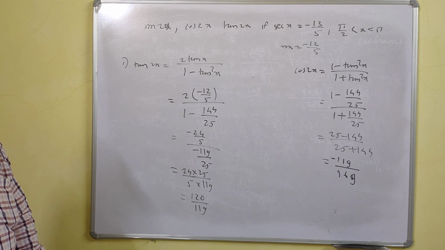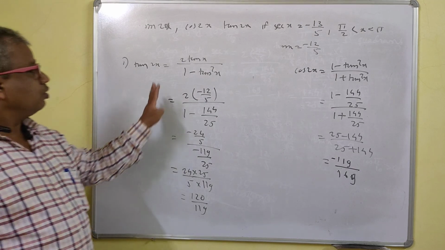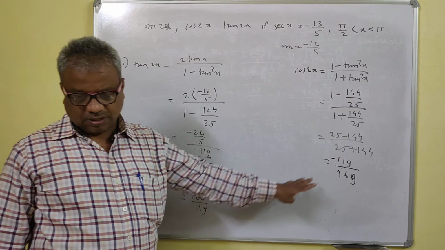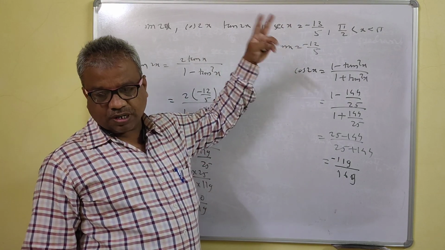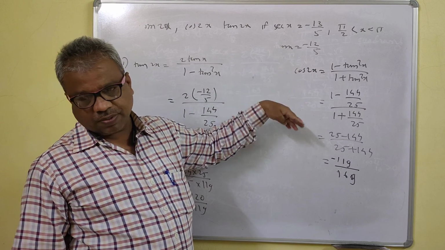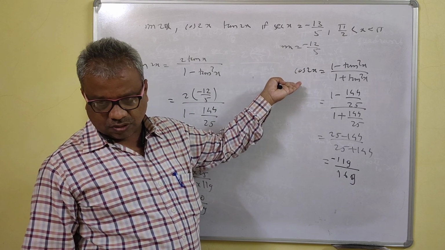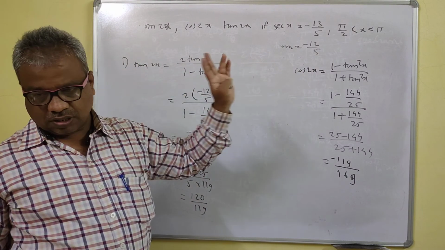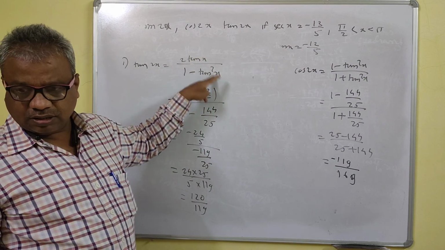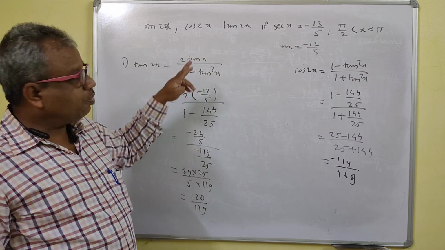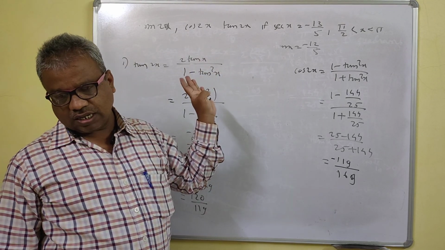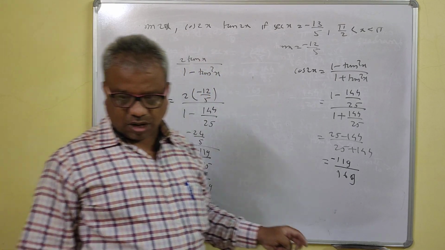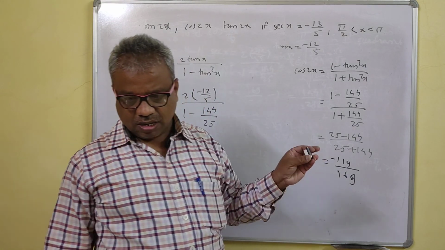Okay, so I hope that you understand this one. Note that this is not a restriction. You have been given the value of sec x, you can obtain the value of cos x, and with the help of that you can obtain the value of sin x also, and you can use any formula for this. For tan x, no challenge, this will be the formula for tan 2x. But with the help of only tan x, you can easily find all three values. So I hope you understand this one. Okay, so we stop here.